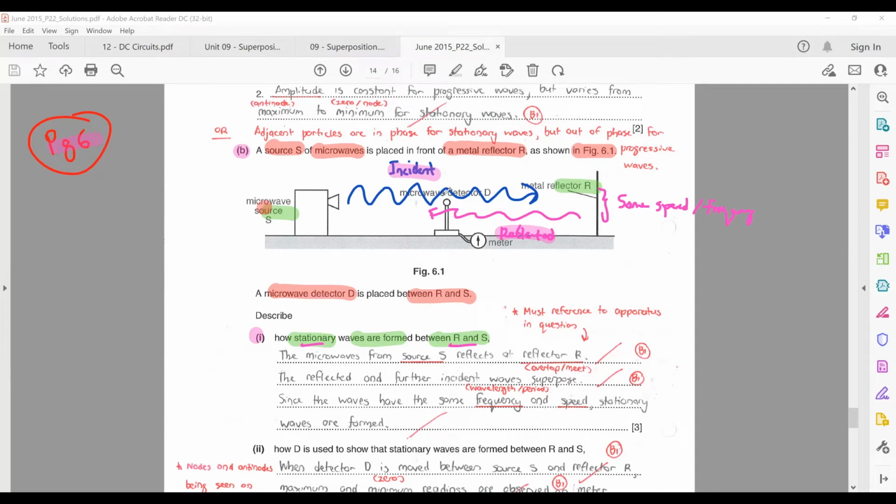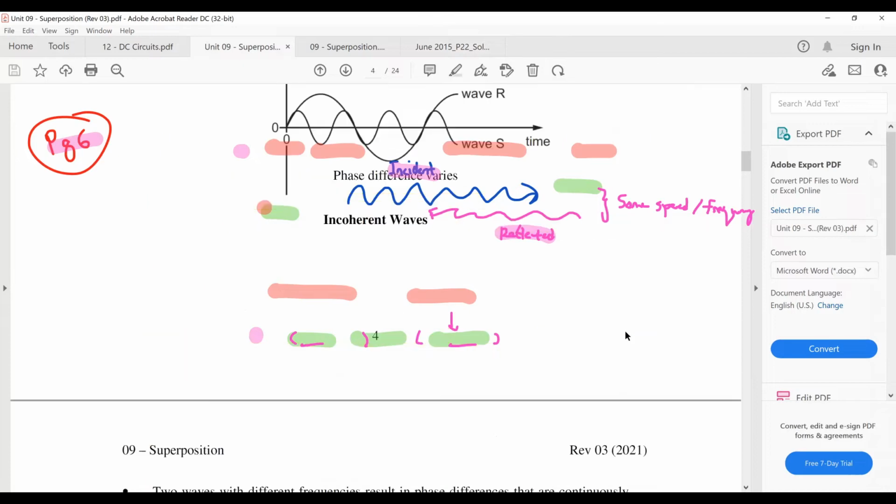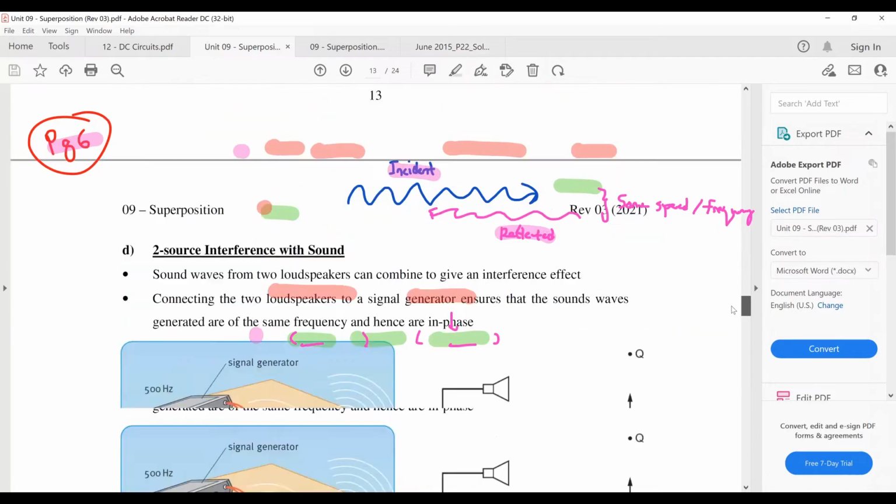Are they asking you in general how stationary waves are formed, or are they asking you how stationary waves are formed specific to the diagram given in the question? Like your case right now, they're asking you how stationary waves are formed specific to the diagram given in the experiment. So your explanation needs to relate to the items inside your diagram. If, let's just say, they were just asking you for a general case where they just ask you to describe how stationary waves are formed without referencing any diagram or whatsoever, usually you will just use this definition for formation